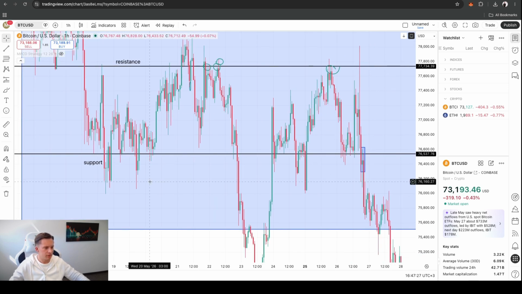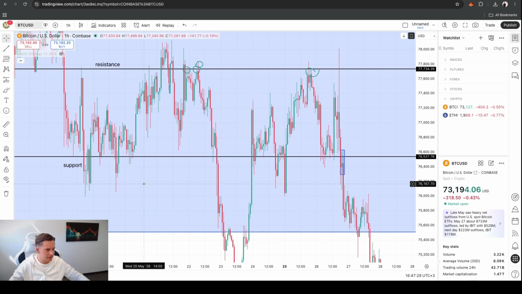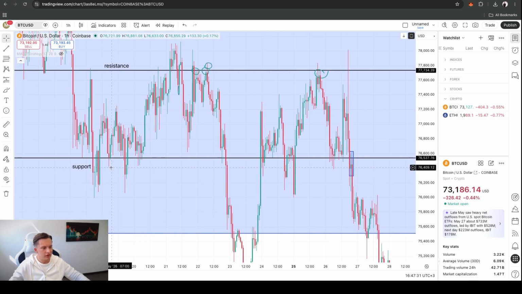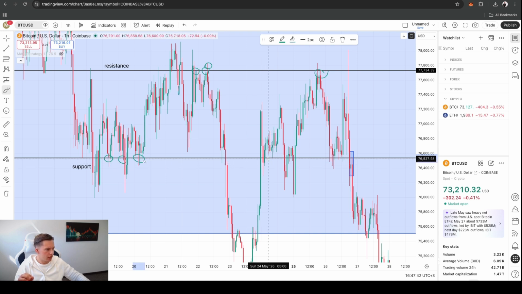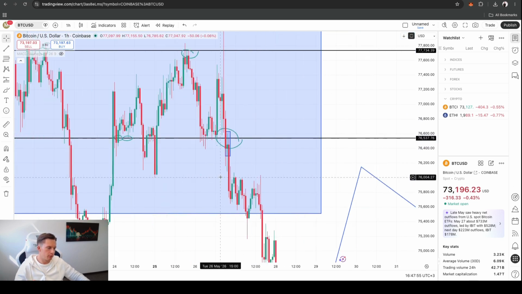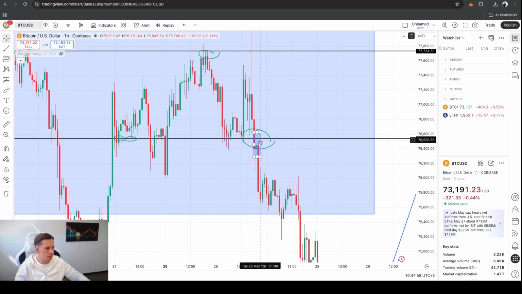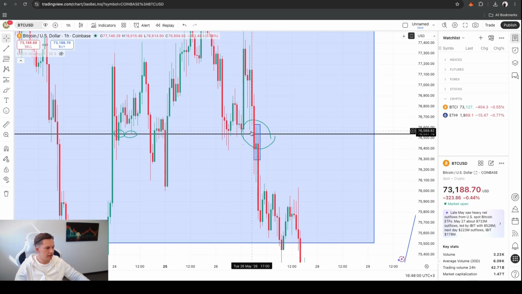Now this line is a little bit thick, so I've just decreased it a little bit, but you can see that we've nearly got these perfect touches. This area here, this area here, but then we get closer to that level here, and then as we go down the line, we've got a nice touch here, a perfect touch there, and then at the end we have a perfect touch, but from the other side. So price, you can see it broke through, but this right here is what we call